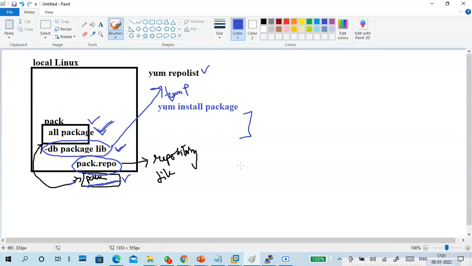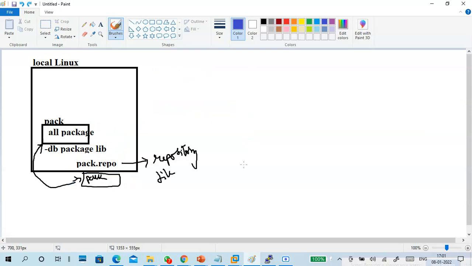Guys, maybe you don't understand, because I'm not teaching how to do this practically. You are not Linux administrators, so that is important. You can do it easily, but I'm not doing it because it will take a lot of time to copy all the packages.